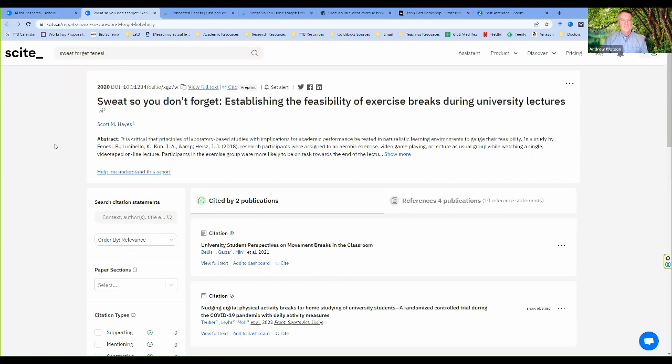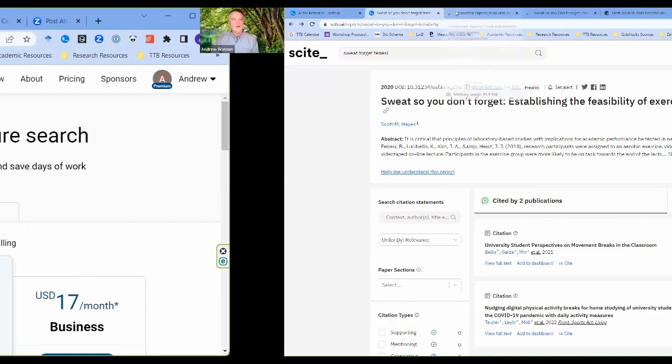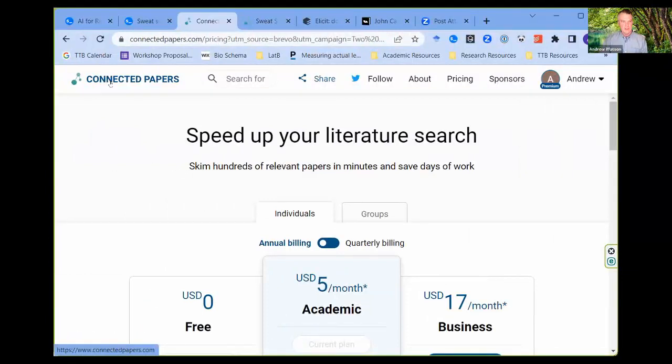So having done this first thing, I didn't find any contradictory research, but I didn't find much support and certainly didn't find any support for my fourth graders. So what do I do? Well, here's the next thing I could do. Connected Papers